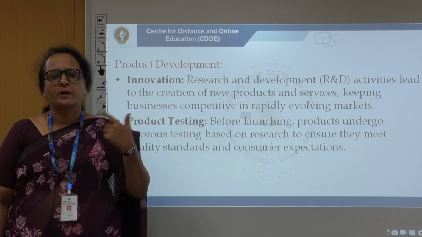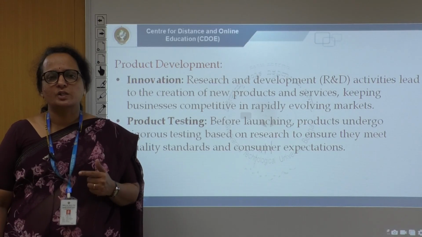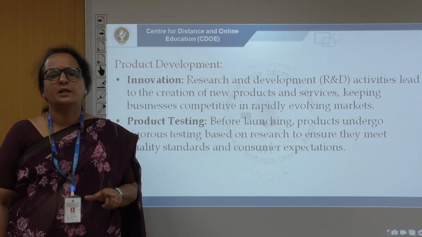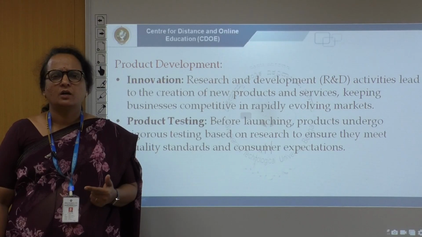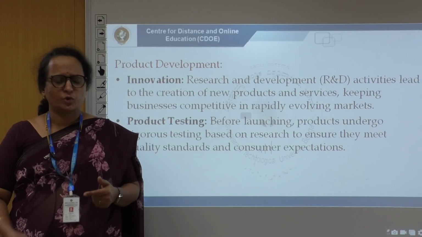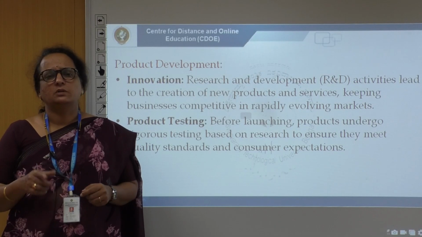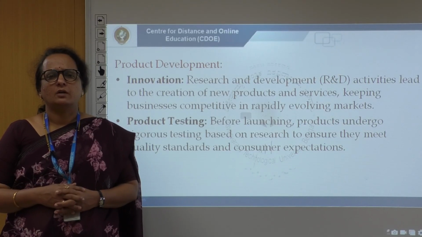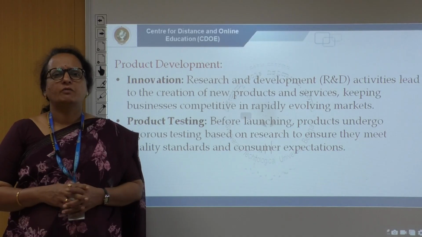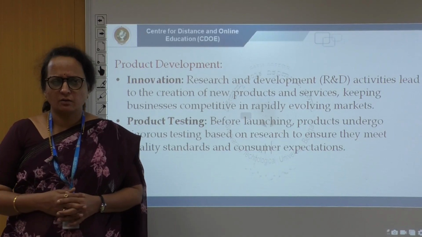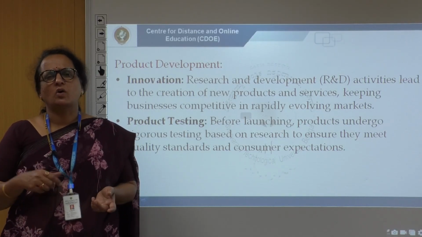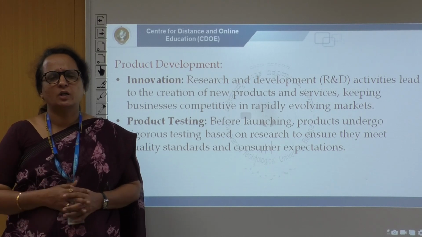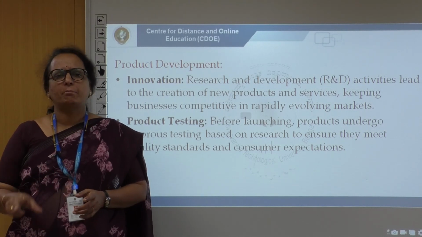For example, if the company wants to come out with a new wristwatch, they just write on pen and paper how the new model of the wristwatch will be, what the diameter of this watch should be, how the belt should be, whether it should be analog or digital, everything, how the strap should be, the quality of the strap, whether it should be a metal one or leather, everything will be written on pen and paper.